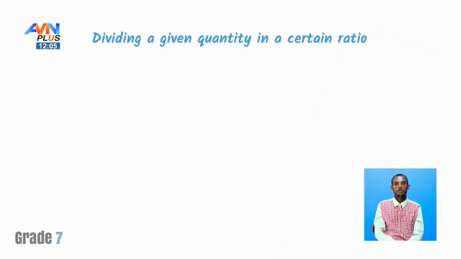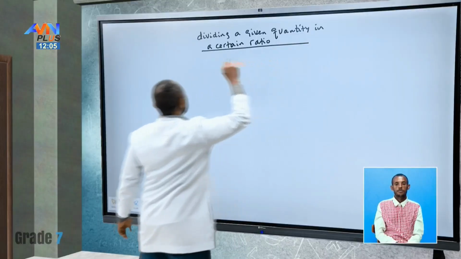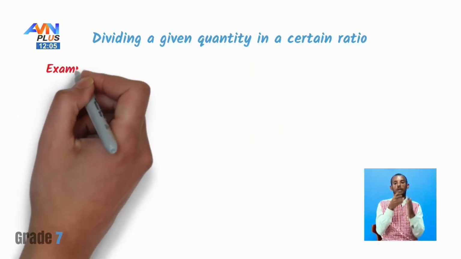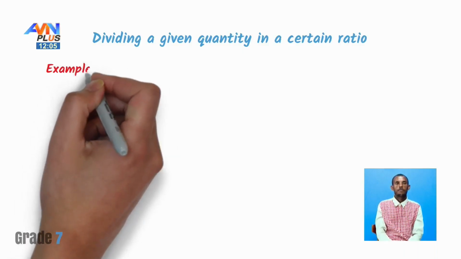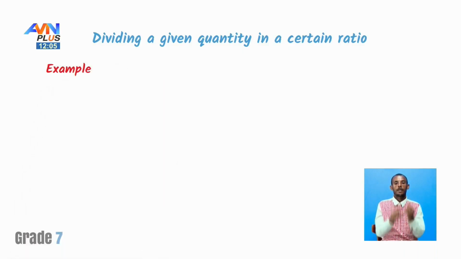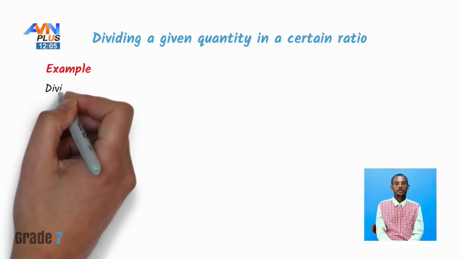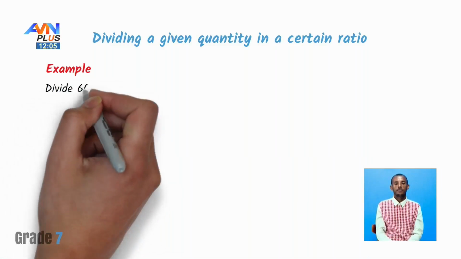Now let's see these 3 examples. Divide 600